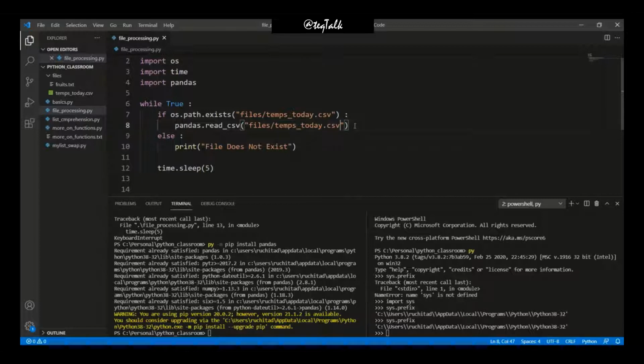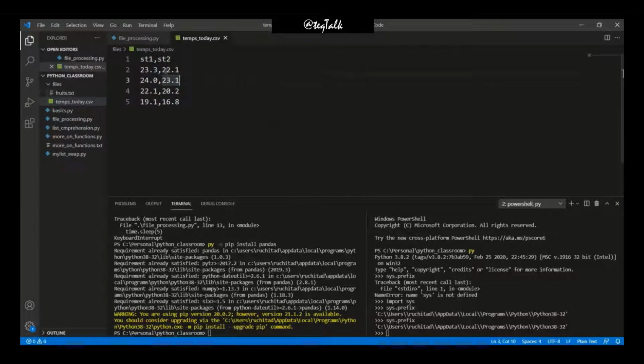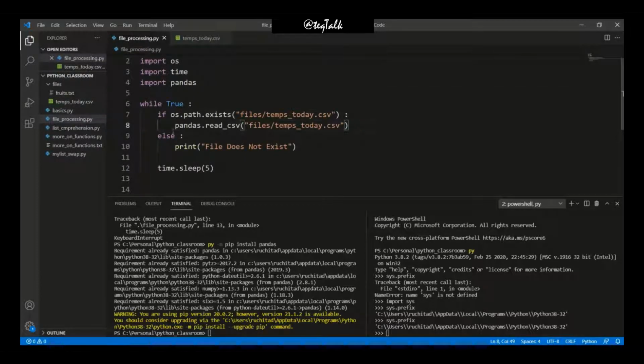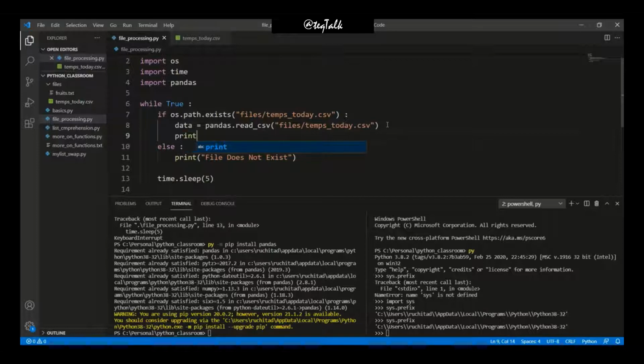Now, if we want to calculate the mean of the temperatures present inside temps today, we store the object returned by pandas.read_csv inside a variable, suppose called data. Now if I want to calculate the mean, I will do print data.mean(), there is a function called mean. Now if I run it,